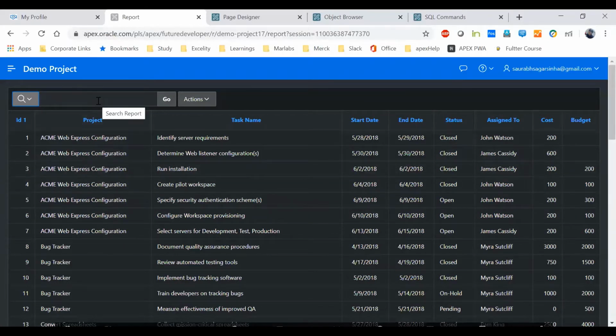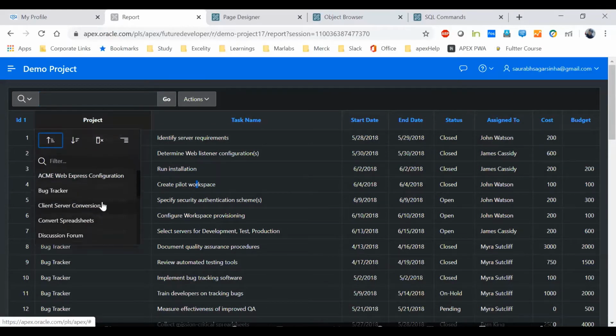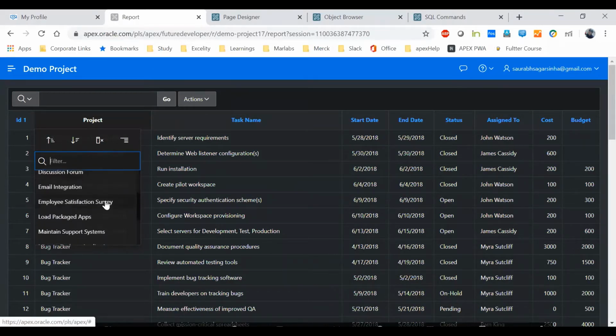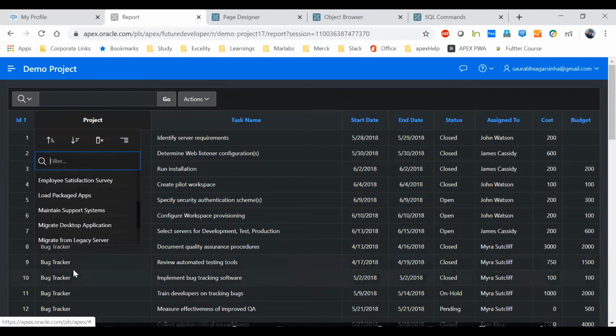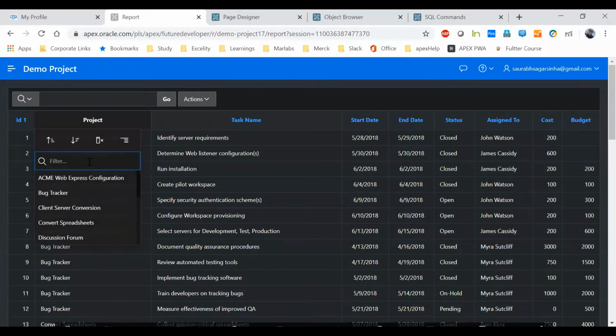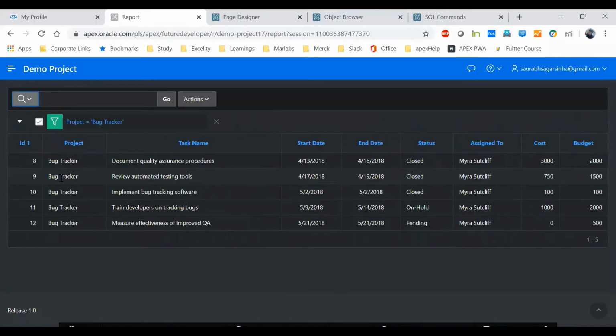So one feature is that you can search from here. Another one is, let's say, if you click on any of these columns, so I'm clicking on this project, something like this will get opened. And here, as you can see, a filter is written. And for all the projects, you can see distinct values of the project, not the repeated values. Let's say a lot of bug trackers are there. So you'll get bug tracker in one written format. So if I write anything like bug, as I click on this, I'll get the information.